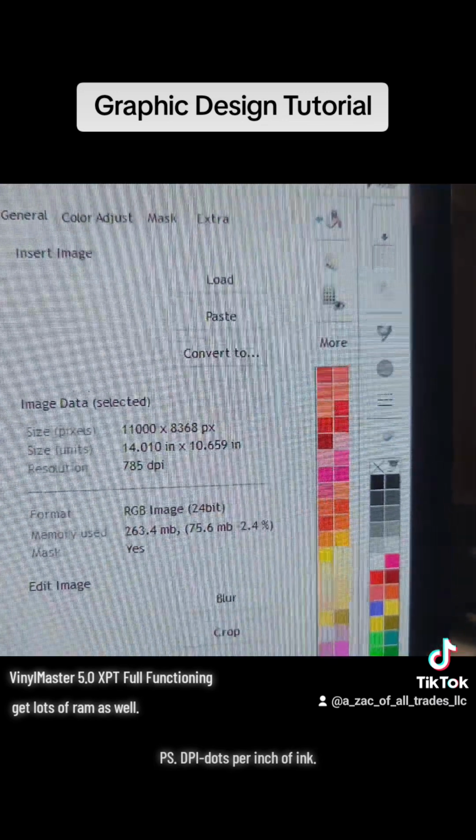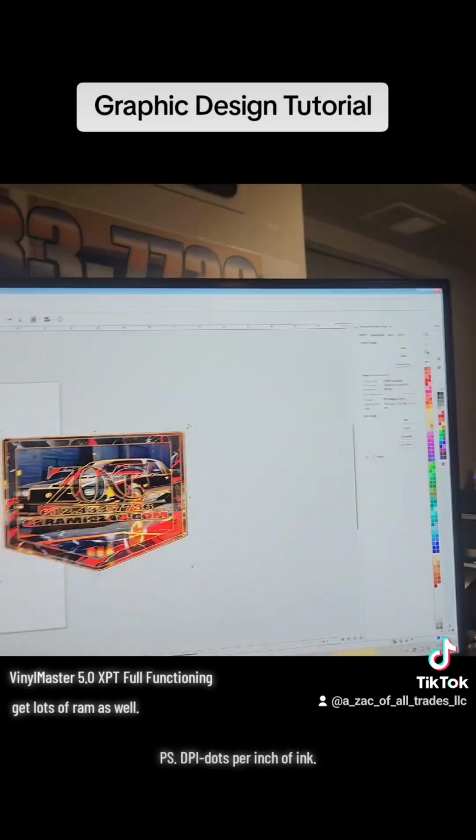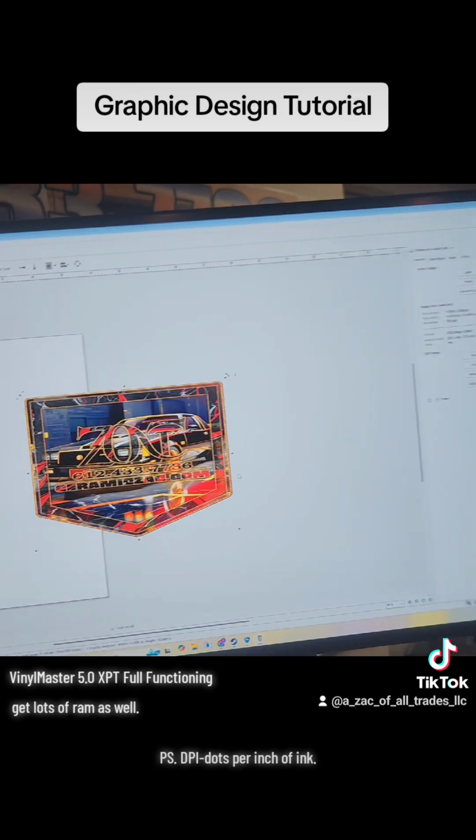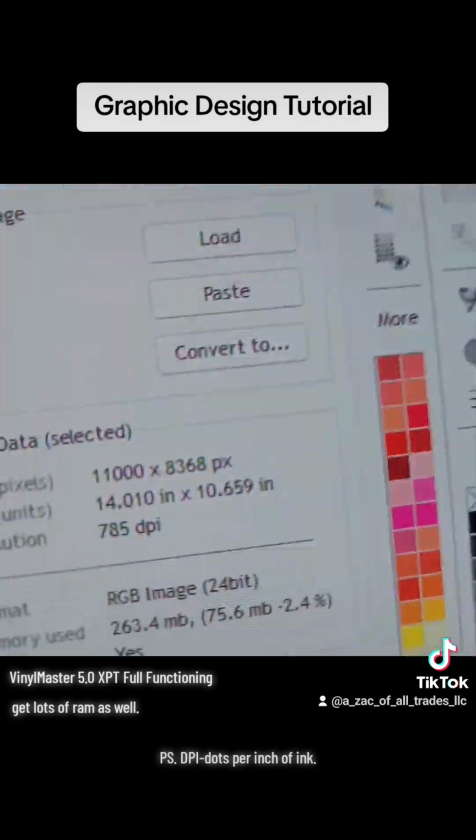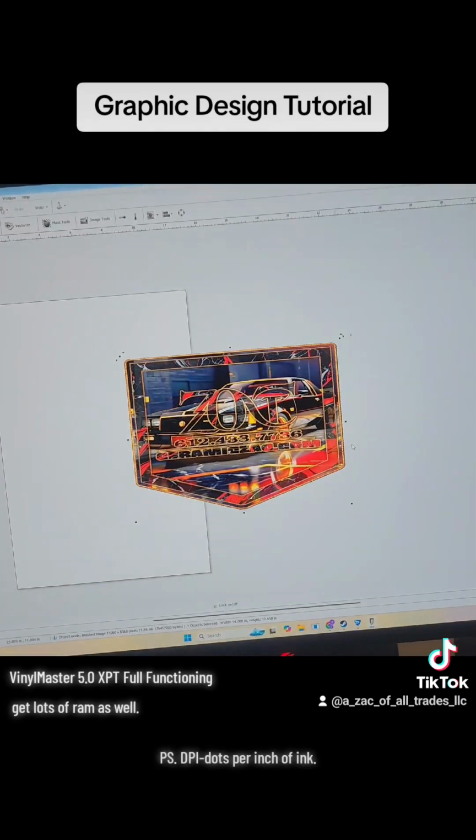Now we have that for a DPI. So normal average high quality printing DPI is 300, and this is 785. The color saturation of that is going to be so much higher than an average